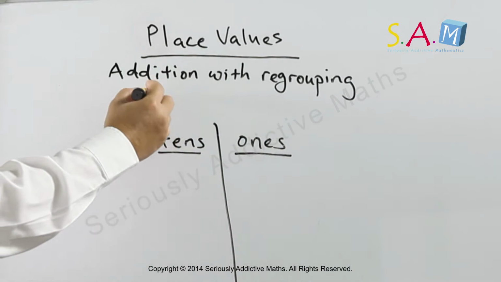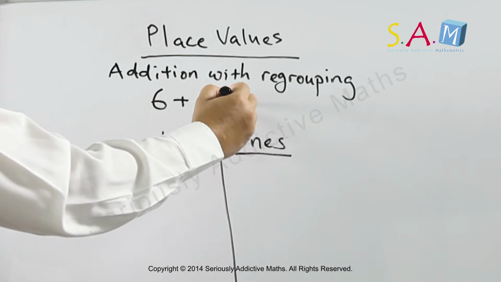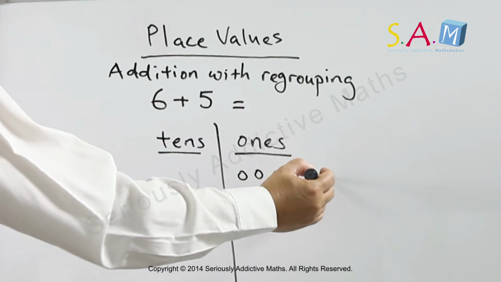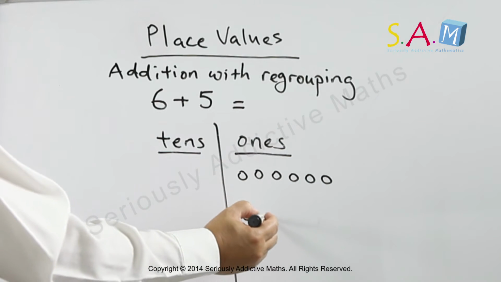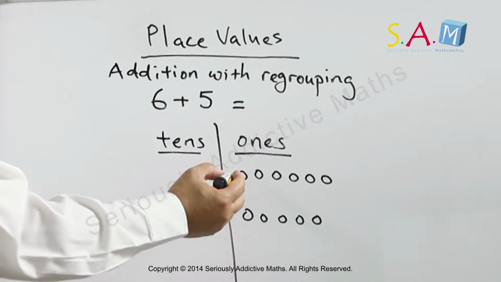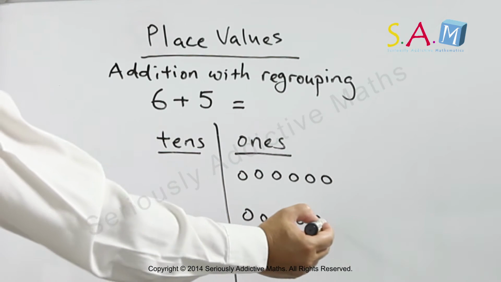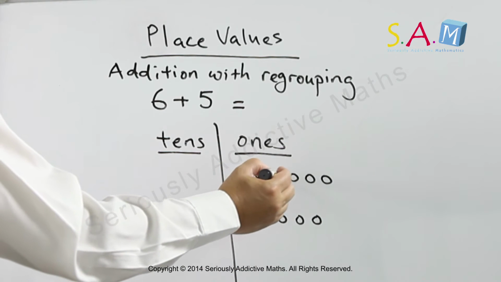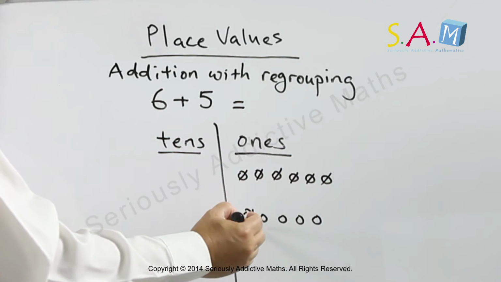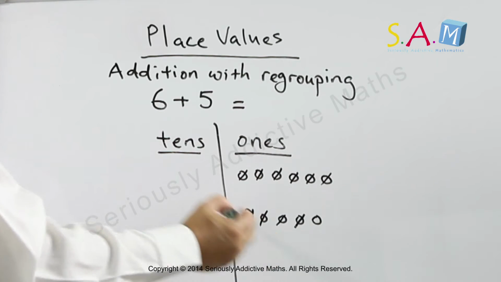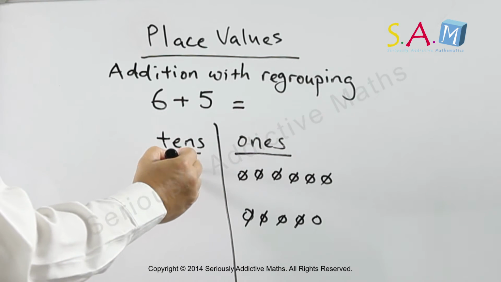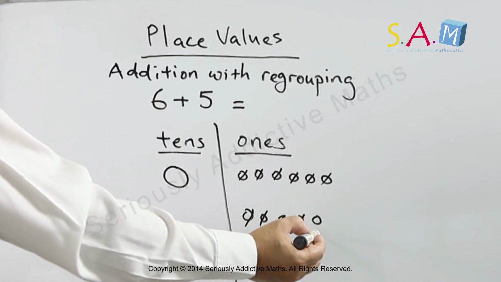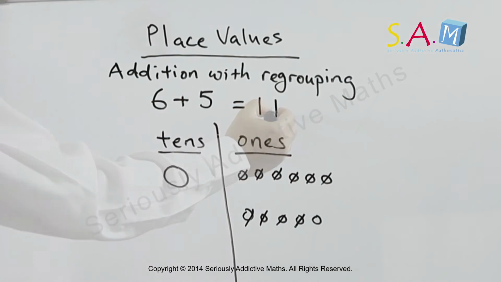For example, 6 plus 5 equals. I have 6 ones, 1, 2, 3, 4, 5, 6, plus 5, 1, 2, 3, 4, 5. If there are 6 ones and 5 ones, here we can bring 1 ten over, 1, 2, 3, 4, 5, 6, 7, 8, 9, 10. So 1 ten is brought over here and the remainder is 1 one. So 1 ten, 1 one. So the answer is